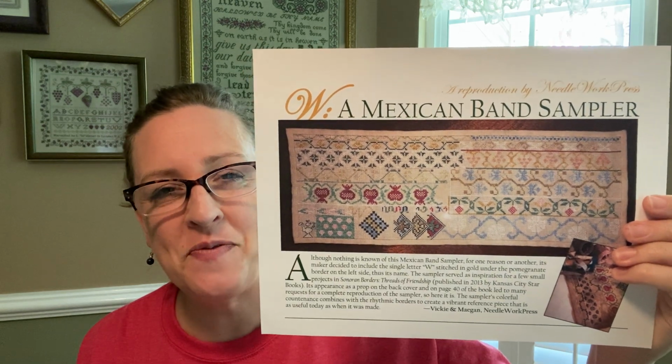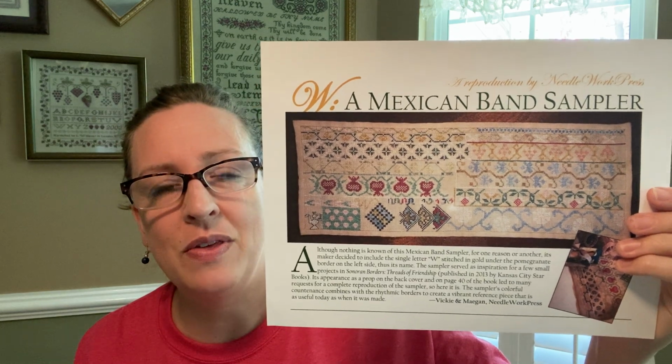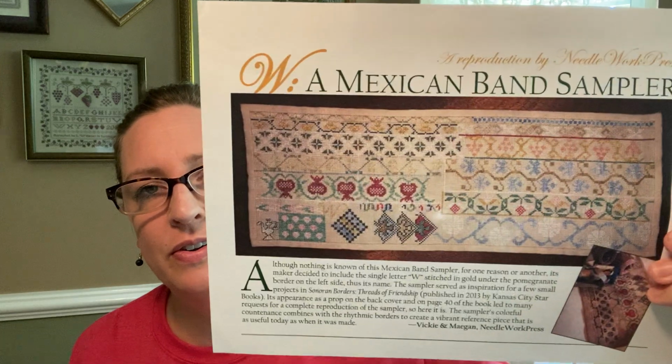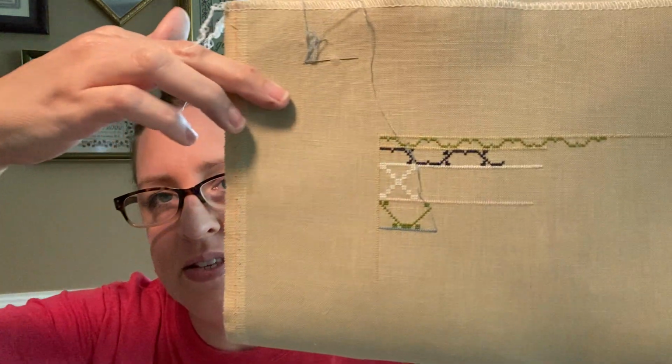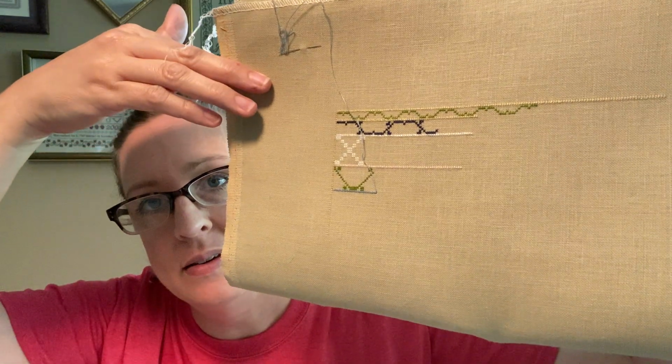I'm stitching from her pattern, and I passed my piece along to Yanni. And I'm looking forward. I admire Yanni. I loved her Flosstube videos and the things that she stitches, and I decided to stitch along with her on this one. And we decided on the 1st, so I've only got just a few days on it, but it's very colorful. I'm using the DMC threads, and actually I don't think I brought them down. I only have a few. I'm missing a...